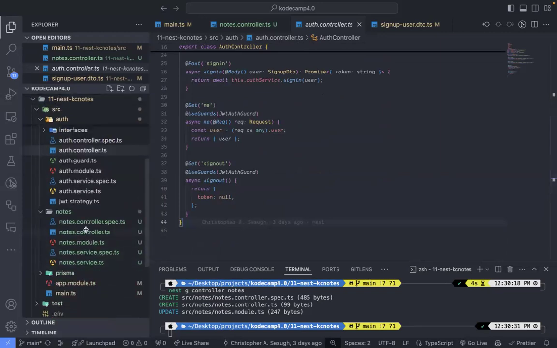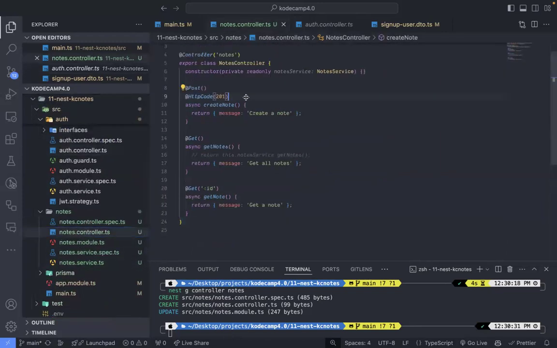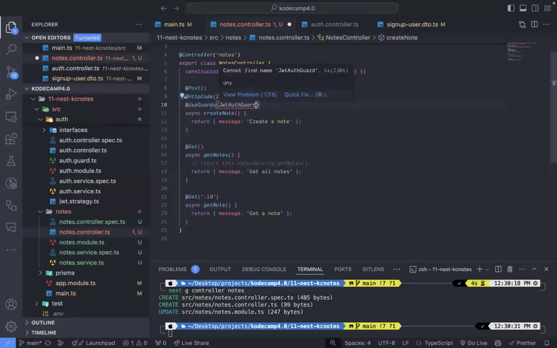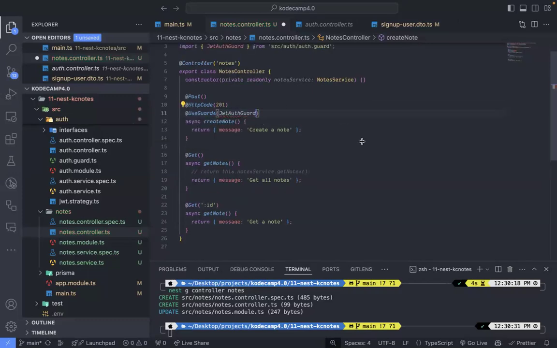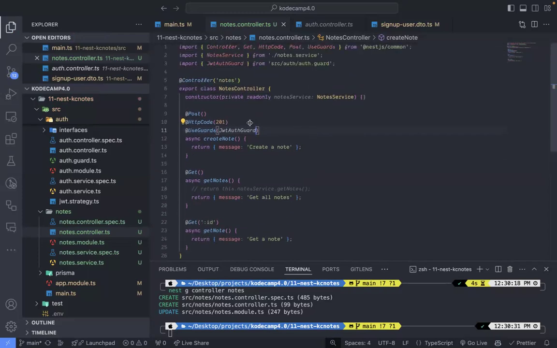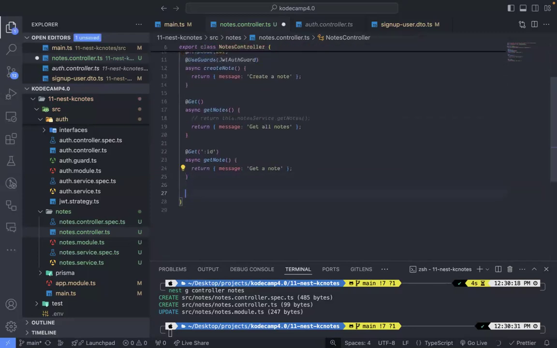So in our note route, we also have a guard at use guards, and then say JWT guard, and then GitHub Copilot is reading our code and then tries to auto complete it for us. So we import the JWT guard, and then what else? Get notes? No, because you can get all the notes even if you are not authenticated. But to delete and update notes, you need to be authenticated first. So we have JWT guard, and then get notes, and then the next one should be at